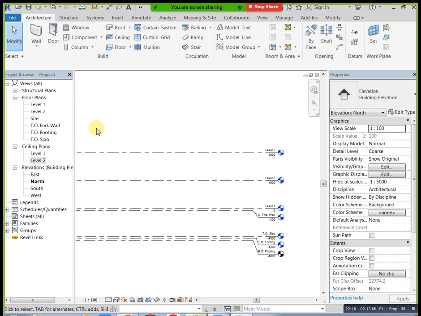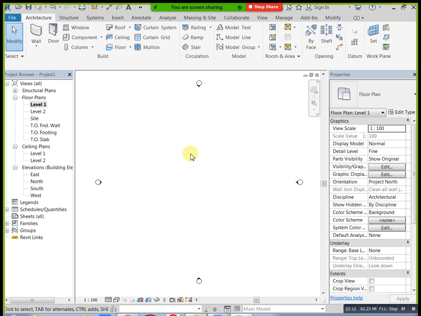This view range is also very important. When you draw your models, first of all we need to set our view range. Why? Go to the elevation. This is our reference level. From this reference level, level 1 to level 2, we have 4 meters height.